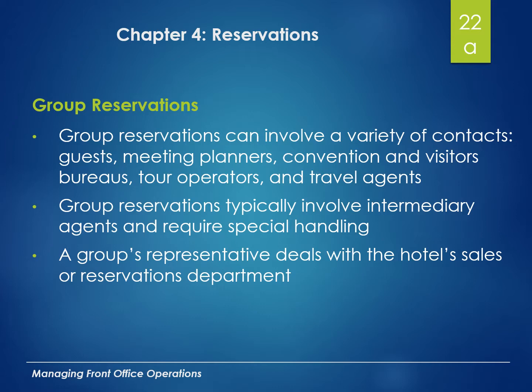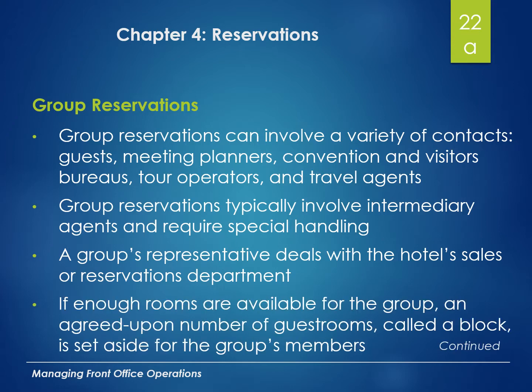And so that person is going to deal with somebody in the sales office. They're not going to call up to the hotel and say, "Hi, my name is David. I'm with Association ABC, and I want to make a reservation for 25 rooms." Okay, and so typically that person should transfer me to the sales office to start the negotiation process. We call that a block of rooms, okay? And so we're going to guarantee a room block, whether I'm going to guarantee 10 rooms a night, or 25 rooms a night, or I'm going to guarantee 200 room nights for the duration of this particular stay.